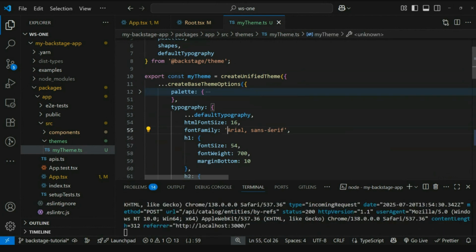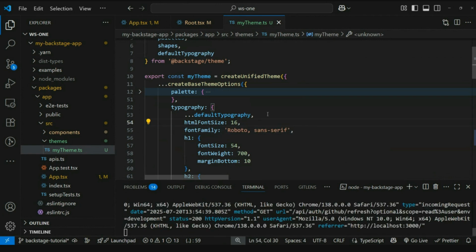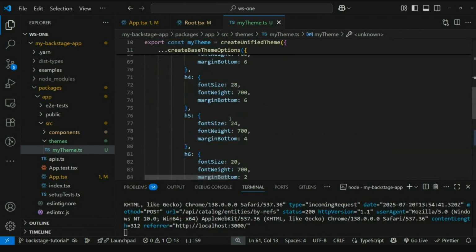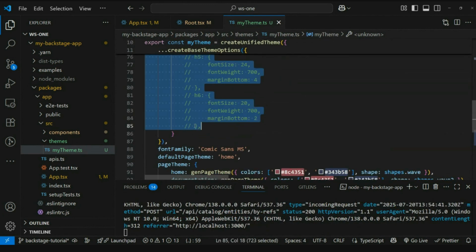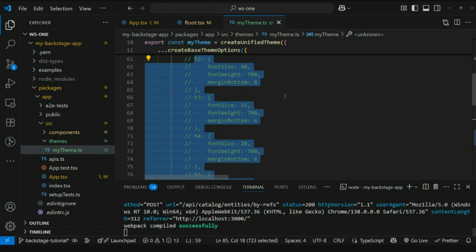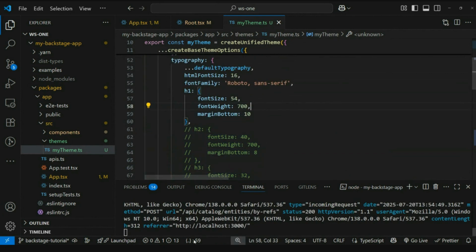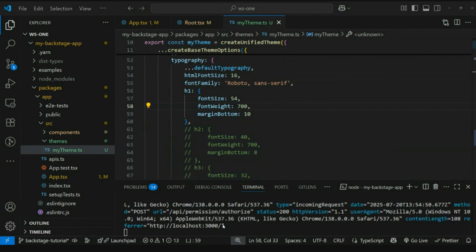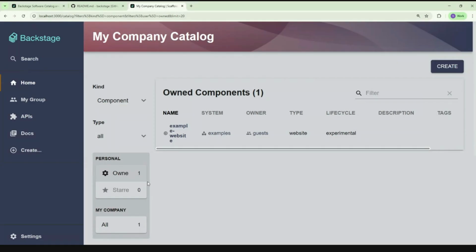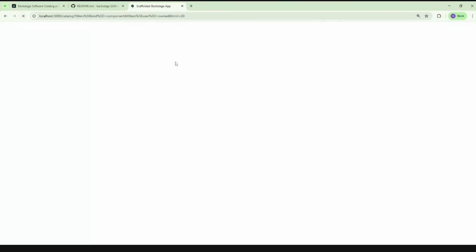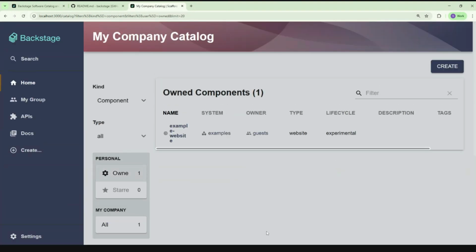And let's change this to Roboto. And we can comment out the rest. Only the H1 we want to override in this case. Let's go back and see the user interface. All right, that's about it. So even custom fonts we can use inside the